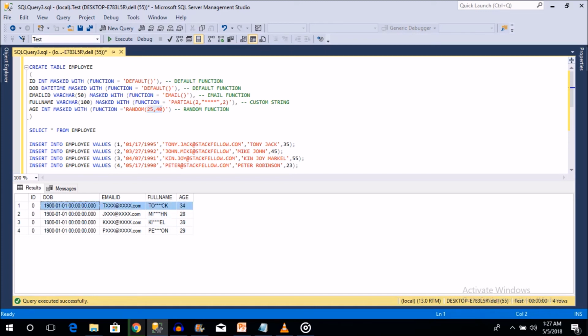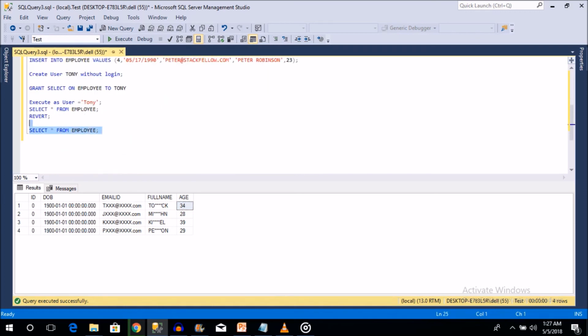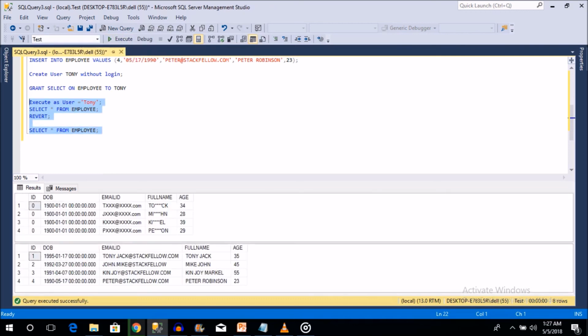For the second record it is giving 28, but actually you can see that the first record is 35, then 45. You can even verify this by writing one more command, which I already wrote in the script. The first command is run with the user Tony, and Tony does not have rights to see the real values, so that will give you dynamic mask results.